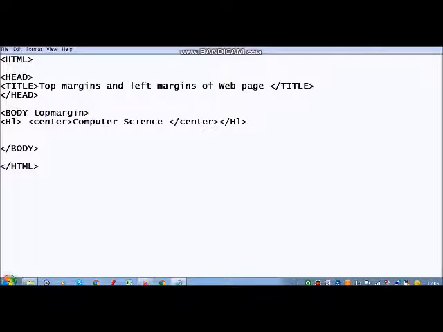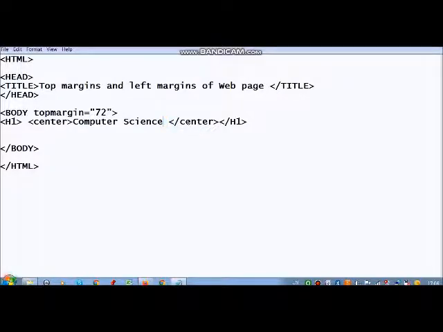I have written here topmargin without a space is equals to, suppose I am going to write here 72. Now what is this 72? 72 is your pixel. Okay, and here 72 pixels is equals to 1 inch.